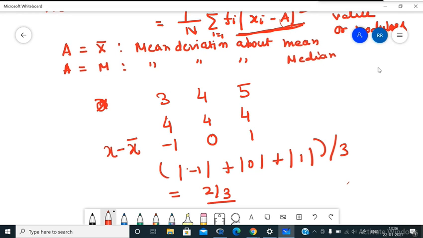सर, जो 2/3 आया है तो इस हिसाब से हम कह सकते हैं क्या कि मीन से सारे जो डेटा अदर हैं वो 2/3 डिस्टेंस पर हैं? हाँ, एवरेज डिस्टेंस 2/3 है, ये आप कह सकते हैं। सारा ऑब्जर्वेशन 2/3 नहीं है, एवरेज डिस्टेंस 2/3 है। 2/3 जो होगा वो मीन डेविएशन अबाउट मीन होगा। यदि मीडियन करना है तो फिर आपको मीडियन रखना पड़ेगा। अगेन मीडियन इज ऑल्सो 4, सो इन दिस केस मीन इज इक्वल टू मीडियन, तो मीन डेविएशन अबाउट मीन और मीन डेविएशन अबाउट मीडियन दोनों ही इक्वल होंगे। ठीक है।